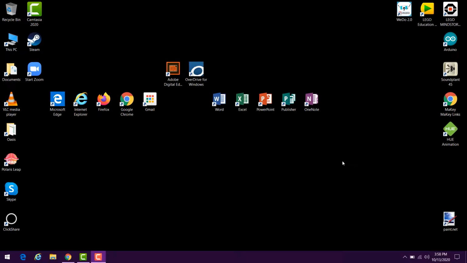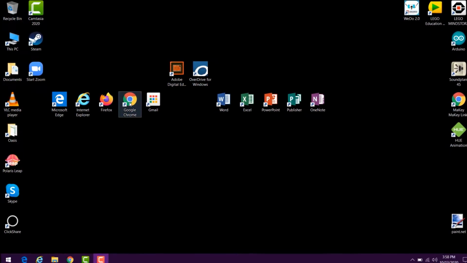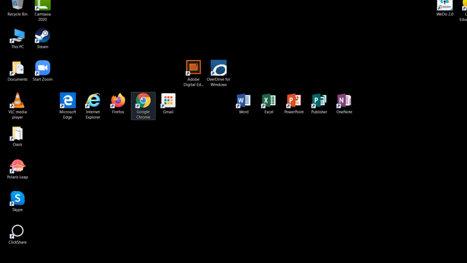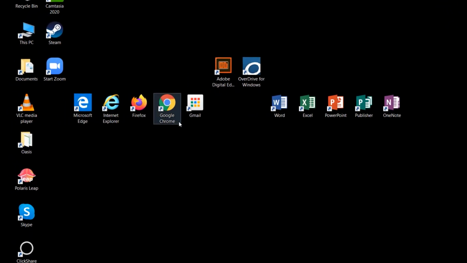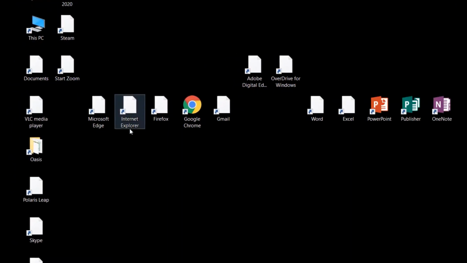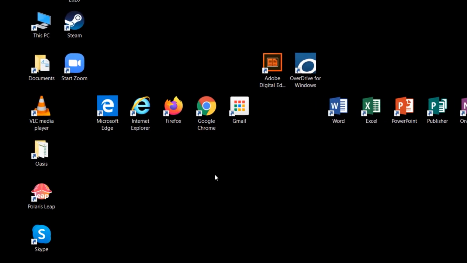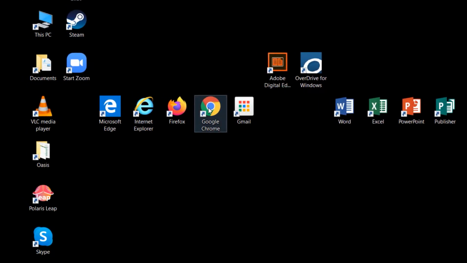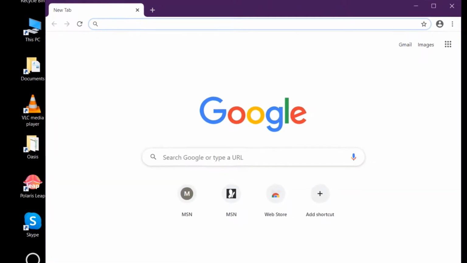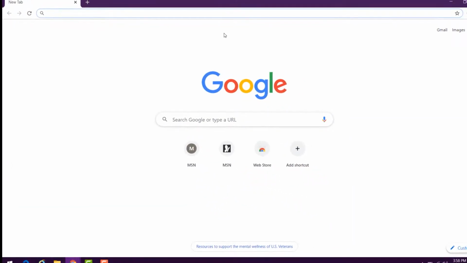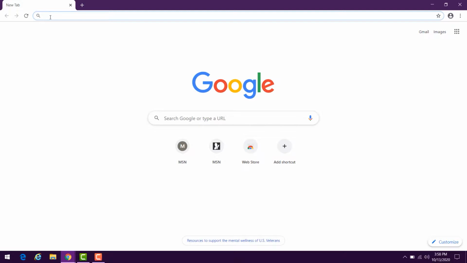The library has an electronic resource called Creative Bug. If you've never used it before, this is how you would access it. First, make sure you open a browser. On this computer, you'll see I have a number of choices. I have Microsoft Edge, Internet Explorer, Firefox, and Google Chrome. I am going to go to Google Chrome, but at home, feel free to go to the one that you feel most comfortable using. The next thing you want to do is go to the library's website,